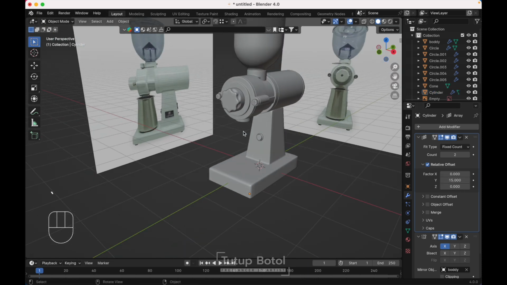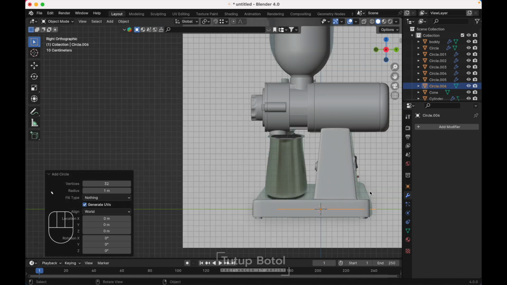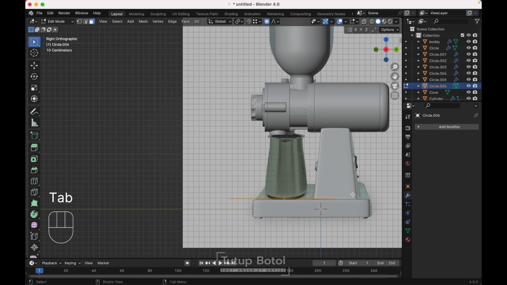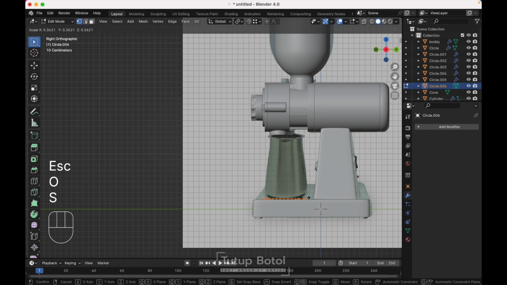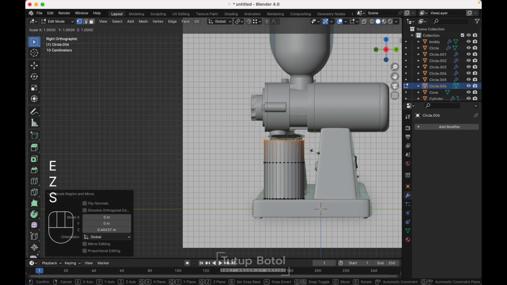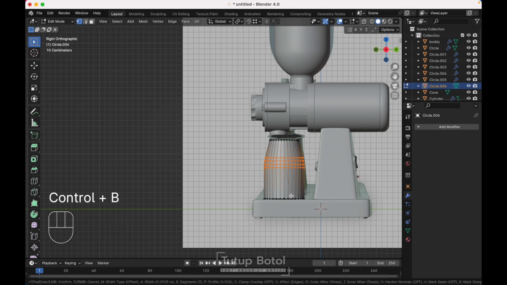For the last part of the model, press Shift A, mesh, just add a circle, go to the right view, press G, move it here, tab to the edit mode, S to scale it, just like this, press E, Z, extrude it up here, just like this, press E again, Z, scale it down, just Ctrl B, bevel it over here, just like this,